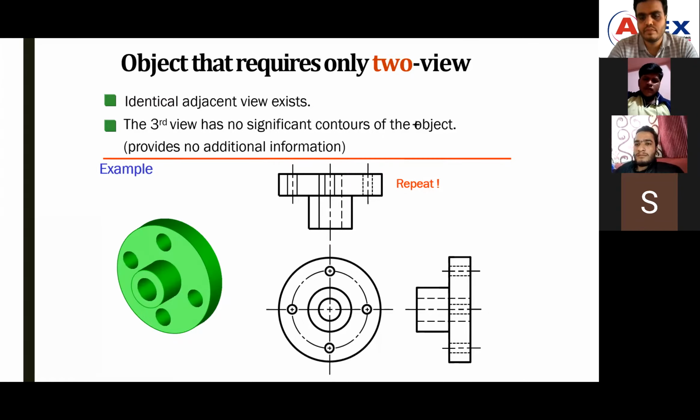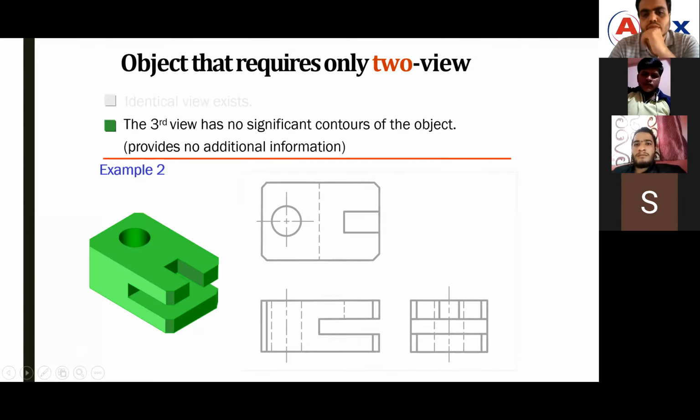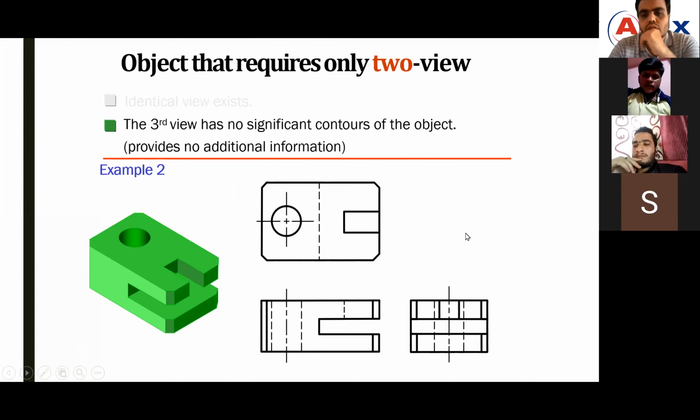Next. So here also, see. So these are all the views. See here also, if you specify, this is enough. Okay, any one. So this width you will get here. This distance you will get here. This distance you will get here. And these chamfers, everything. See, any one you can write.